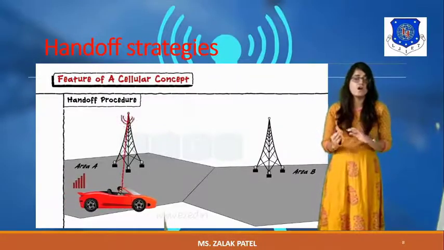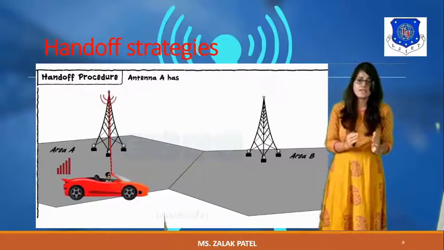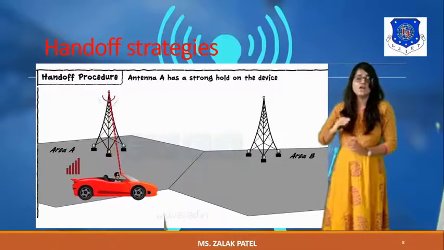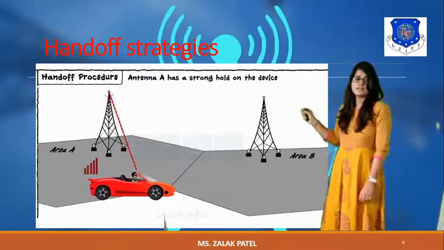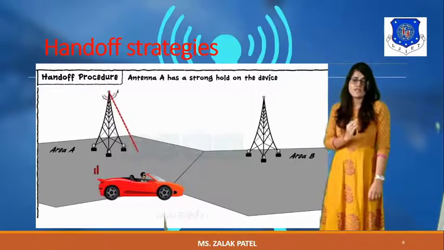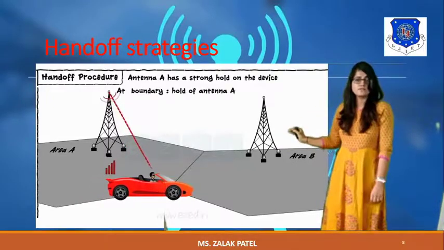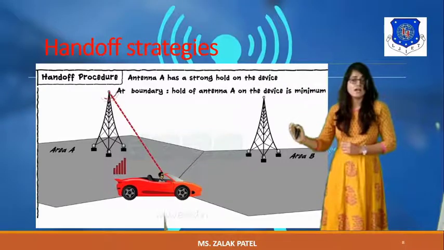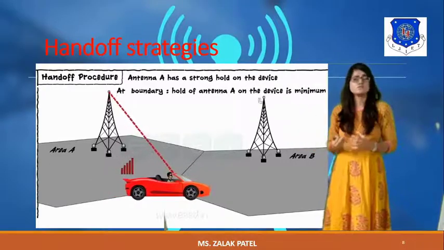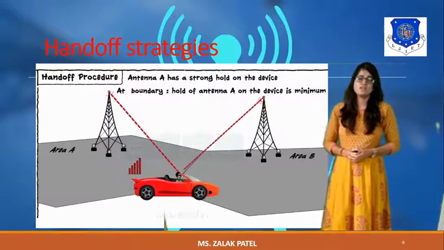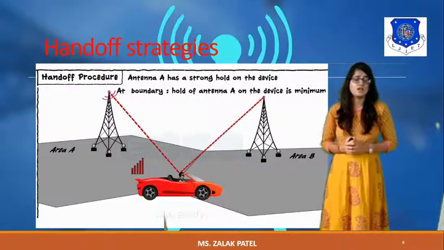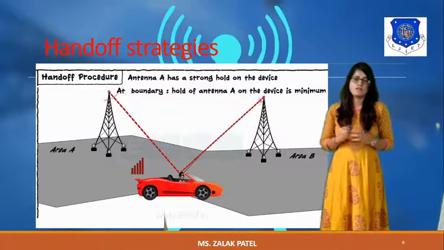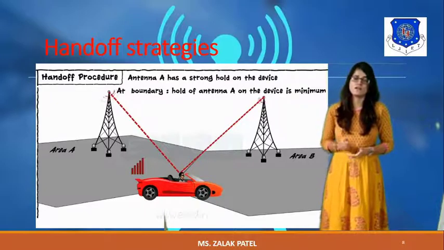So basically handoff is when a user moves from one base station or service area to another base station or service area. Here you can note that the signal strength is affected by the network as we move away from the base station, and it increases as we enter the new base station. Also, different terms are associated with it, like roaming capability or location register, which we will see in detail in unit number 5. After this, do not worry about the different terms. Mainly we have to consider only the handoff strategy.